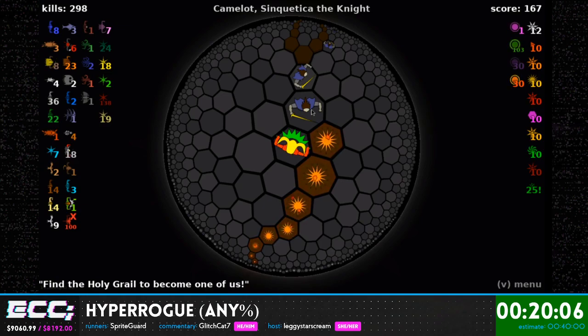So these are the knights. They will talk to us. They will give us tips about the game. And they will give us little hints about some of the other